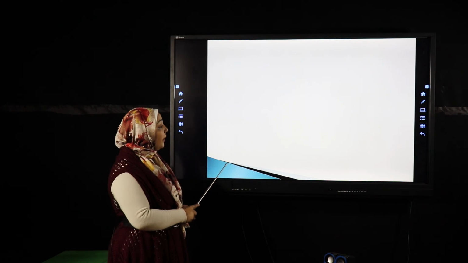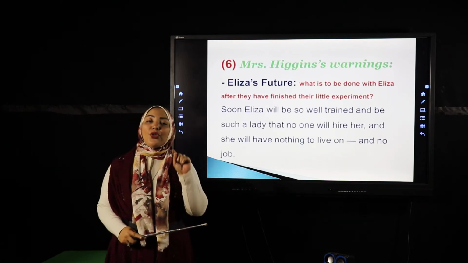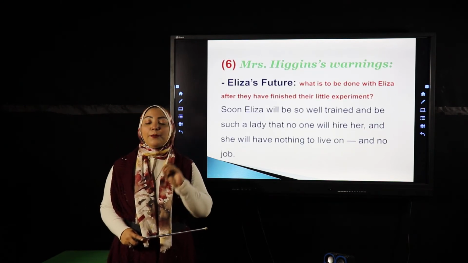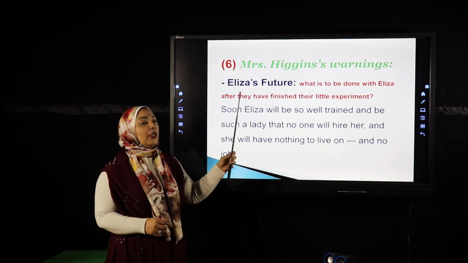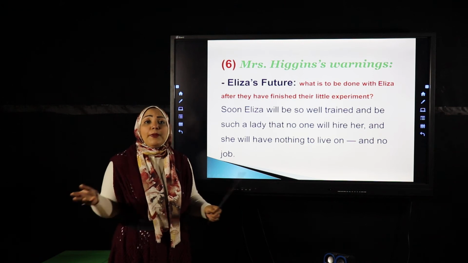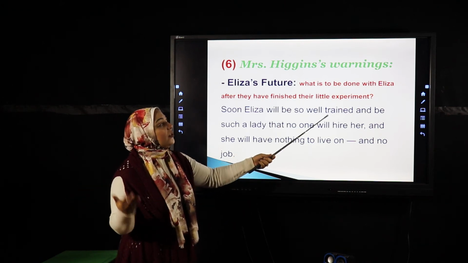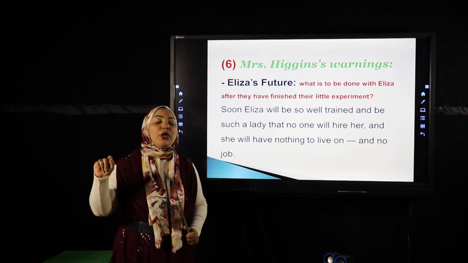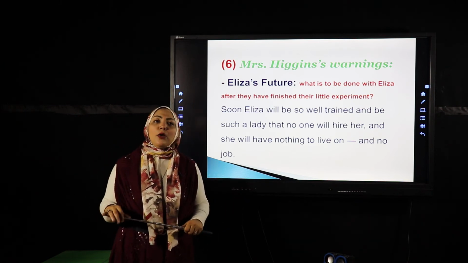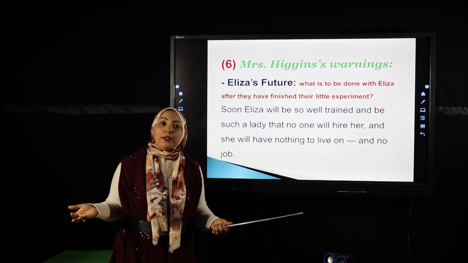Then Mrs. Higgins started to throw some questions at Professor Higgins and Colonel Pickering. What were they? She asked about Eliza's future. Simply, she asked them, what is to be done with Eliza after you have finished your experiment like this? What will come out of Eliza?